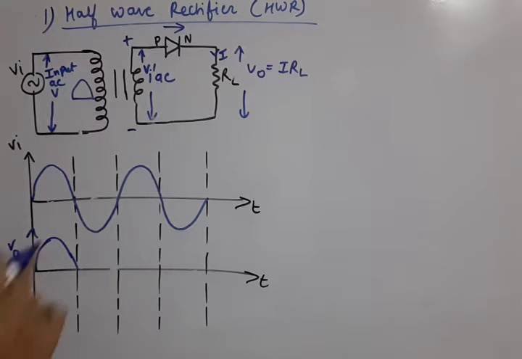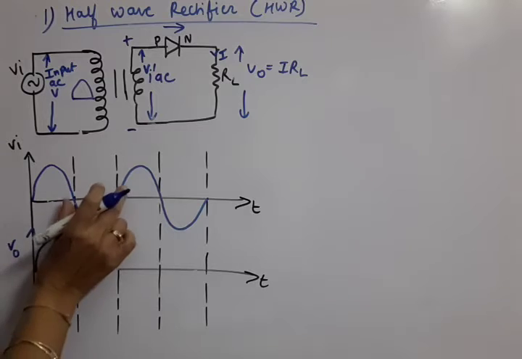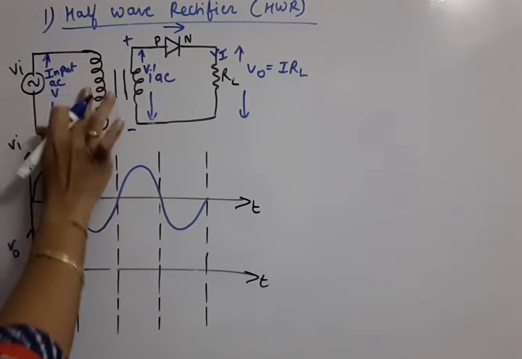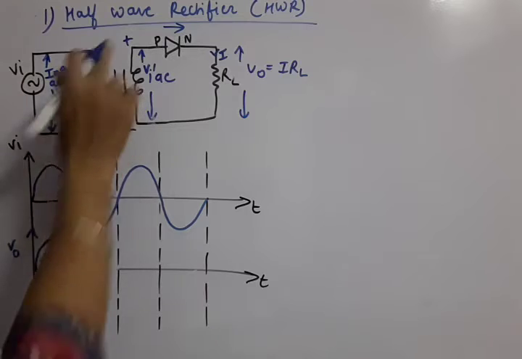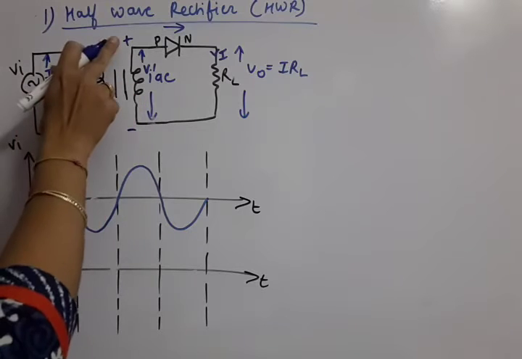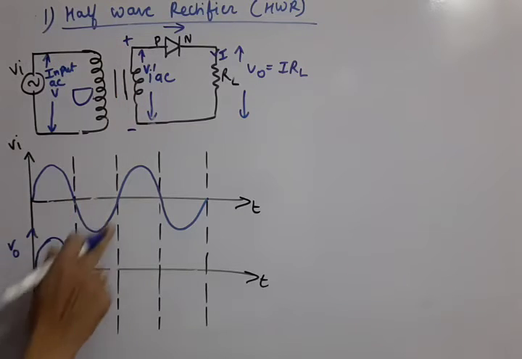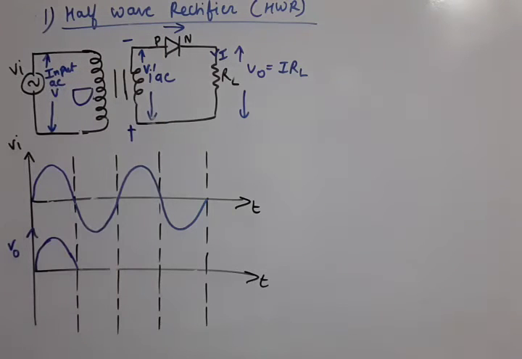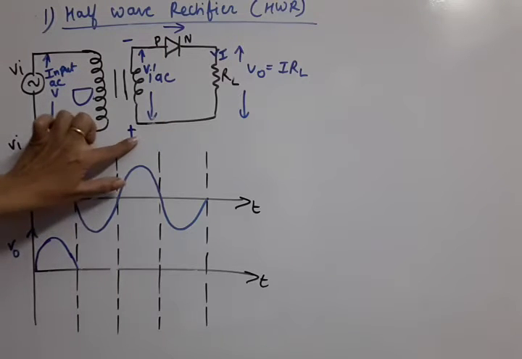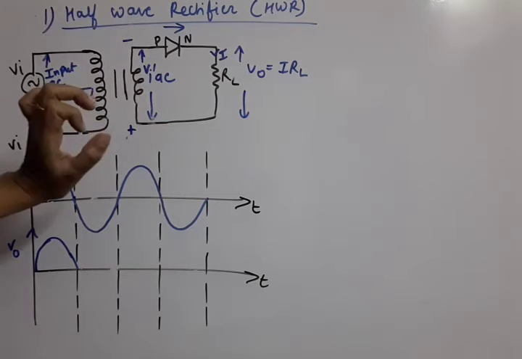Now let us start applying the negative pulse, negative half cycle. Okay, this is negative pulse. This is applied to the diode. Let us see now. So earlier this way it was applied. Now this way it is applied. If positive cycle means plus end will be this, that means negative cycle means negative end will be this. Okay, so now polarities of the two ends of the secondary coil will change.